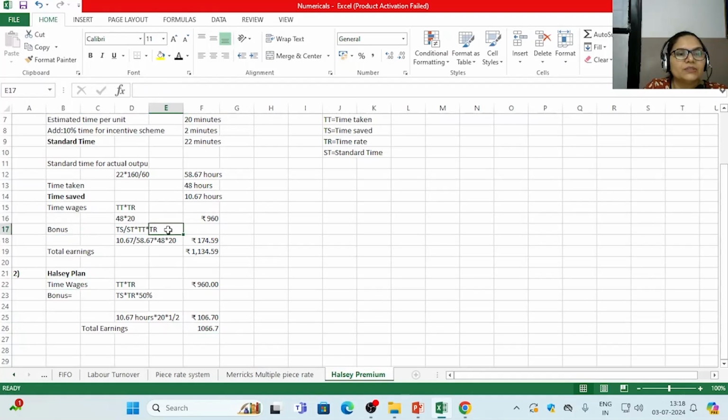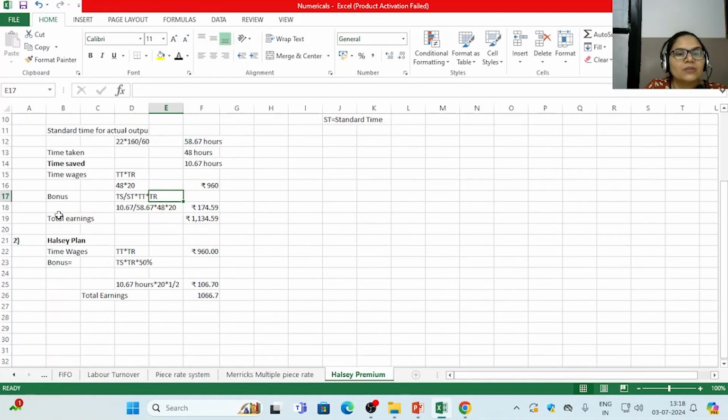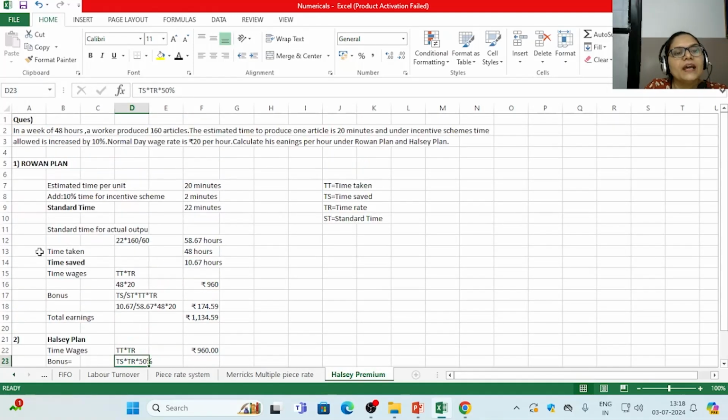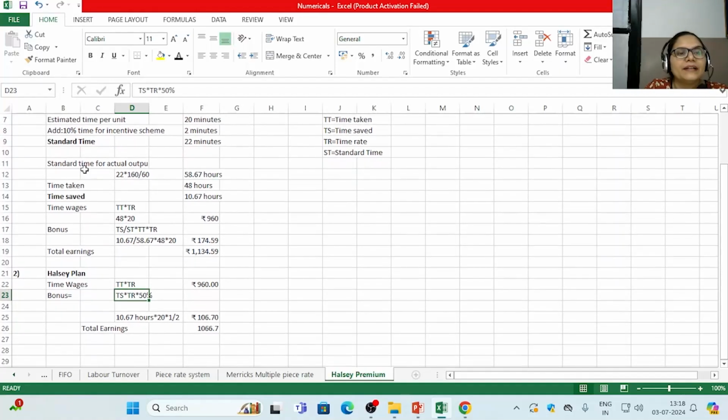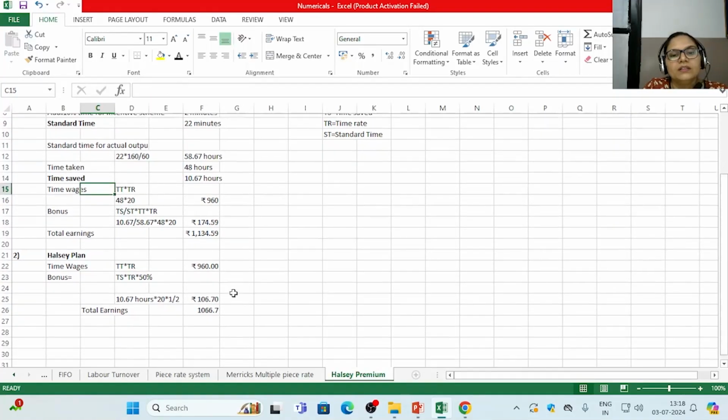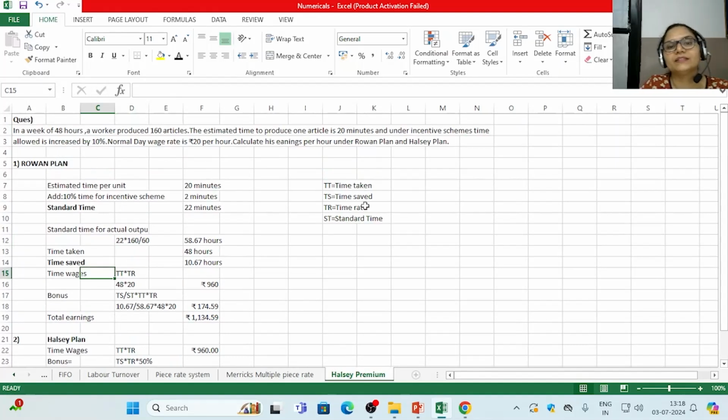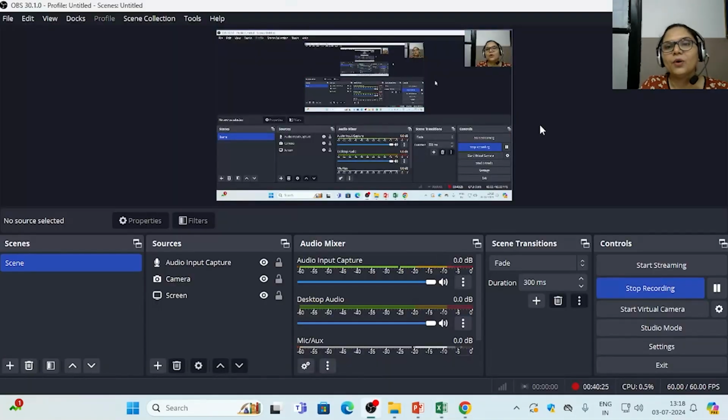So we can see under both systems, first we calculate time wages, which is the same, and then the bonus on the basis of Rowan plan is calculated, bonus on the basis of Halsey plan is calculated, and then both are added to the time wages. So this is how, and this is the abbreviation. TT is time taken, time saved, time rate, and standard. So I hope by now you must